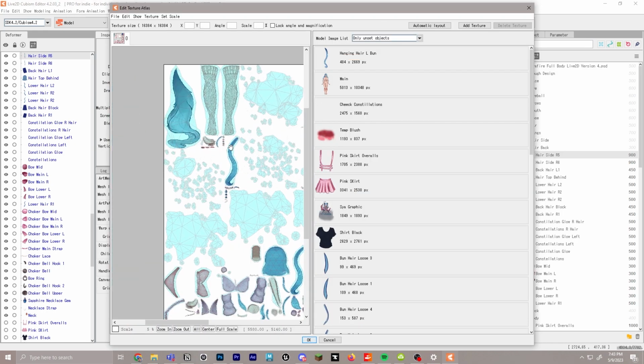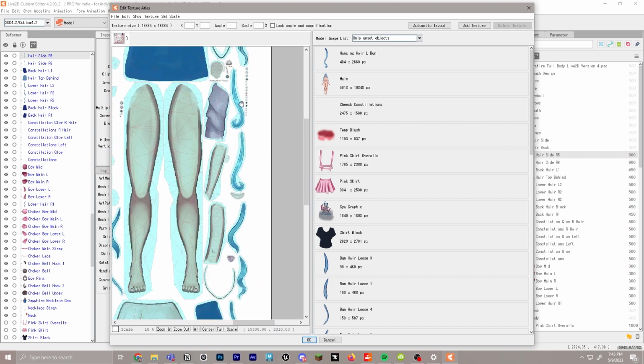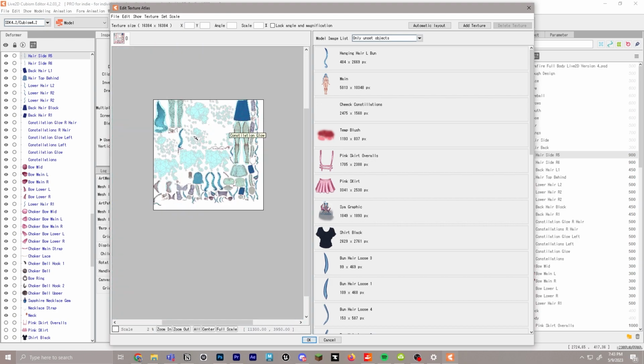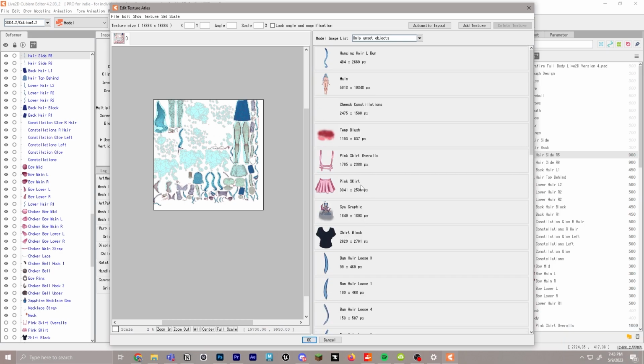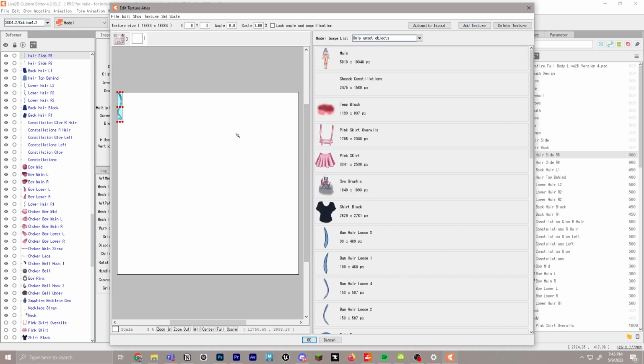Now we are back in once more on the search to see if anything's overlapping. I have to zoom in and scroll around, really look. If you're running out of space with your canvas, and you are already at the max, you can click add a texture and it will add another texture atlas here, and you'll be able to bring some of those other pieces over. I don't think all these pieces are going to fit here, so I'm going to click add texture atlas, and then we're going to bring these pieces onto here. And again, make sure that none of them are overlapping.